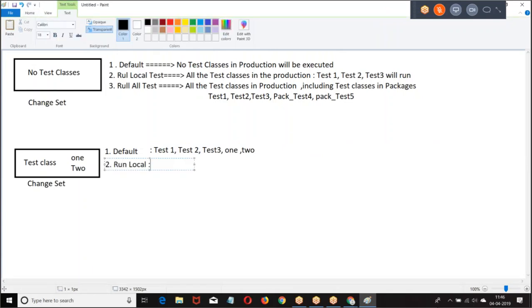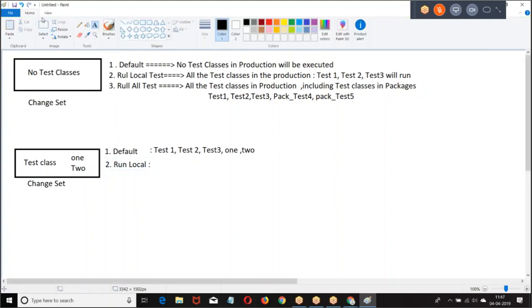So when you say default, if there are no test classes in the change set, none will be executed. When you say run local tests, even though there are no test classes in the change set, all local test classes will be executed. When you say run all test classes, even though the change set doesn't contain any test class, all the test classes, including the test classes in managed packages, will be executed. I hope you're good.